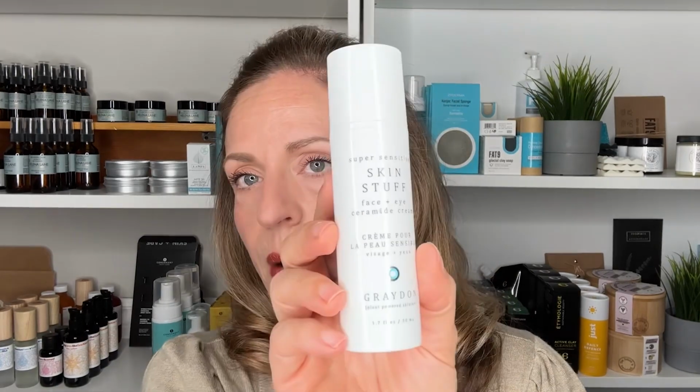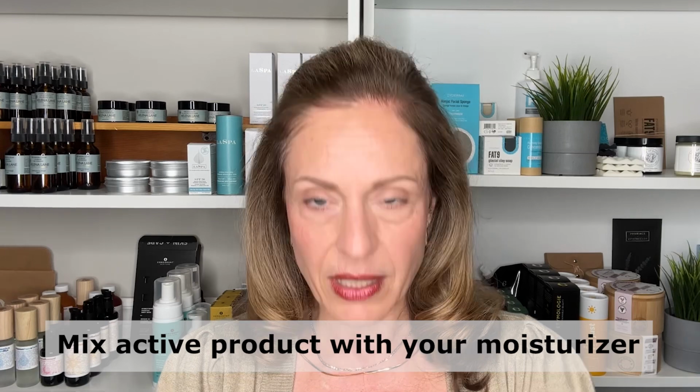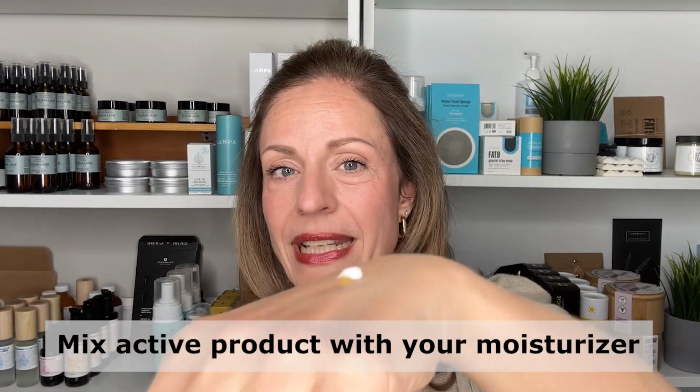So I would advise getting a moisturizer that's unscented. Maybe stay away from essential oils if you know you're going to be mixing it, and pick a product that is specifically made for sensitive skin, like this one here. And then you can just go and mix it. I like to use the top of my hand as a palette. You've seen me do that in a lot of videos. And you're going to add a couple of drops of that really active product,